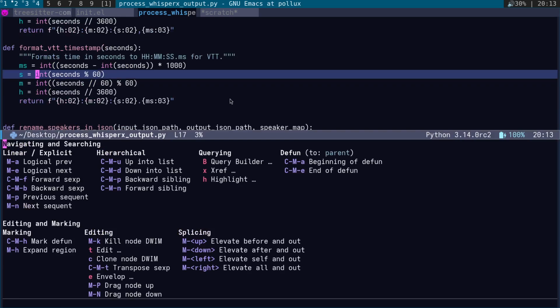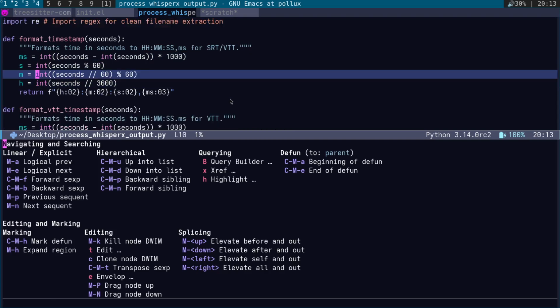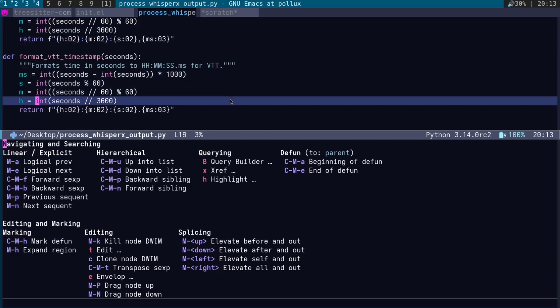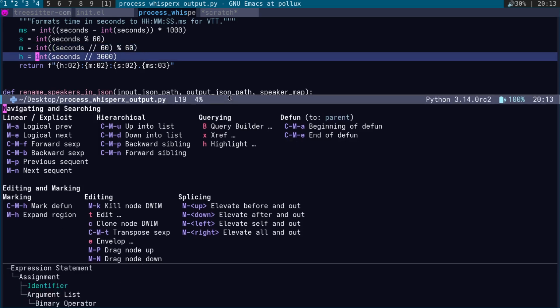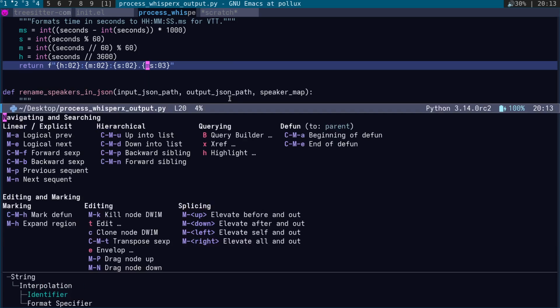So you can see here, I've got int selected, and when I'm pressing Meta N, it's selecting the int like this, and Meta A is previous, and E goes forward like this. Now I haven't actually got into any of these other commands as yet, because I've only just managed to get this set up, and I just wanted to cover getting Treesitter and Combobulate installed, and then actually explore its usage